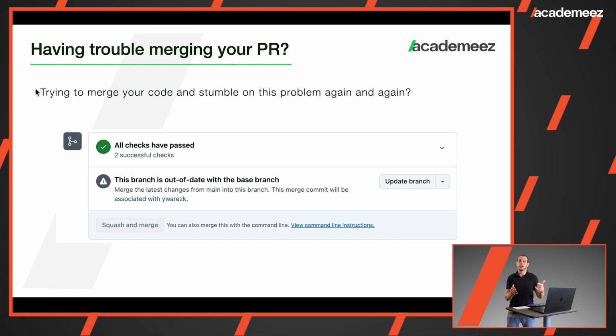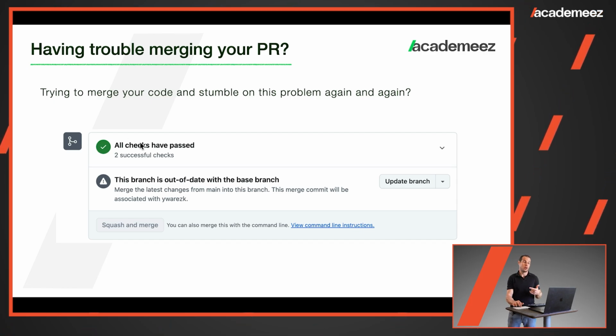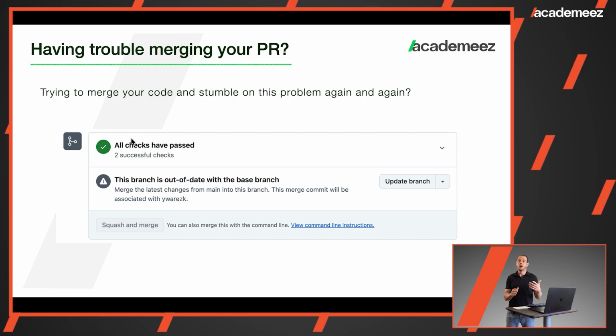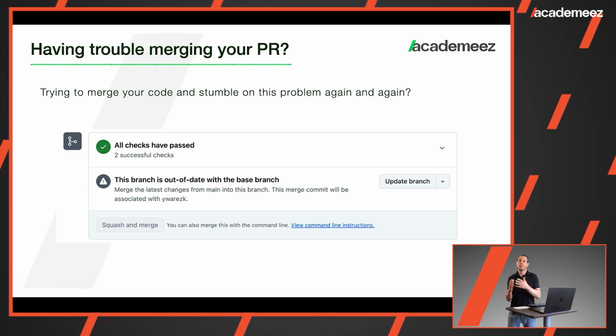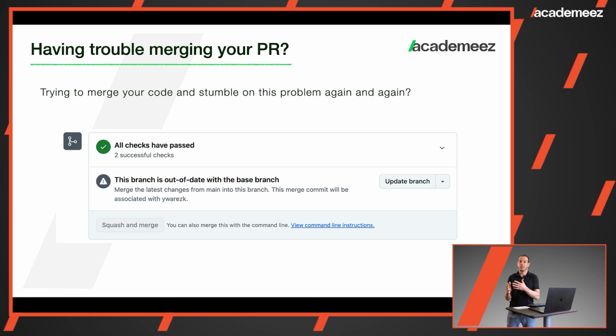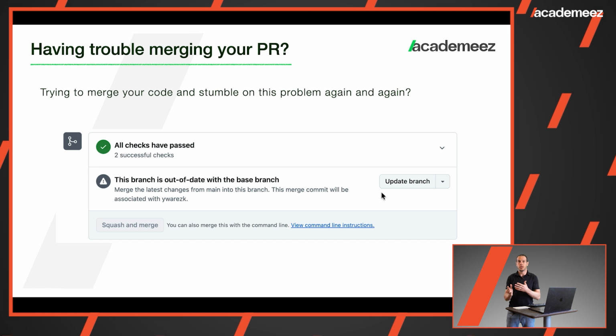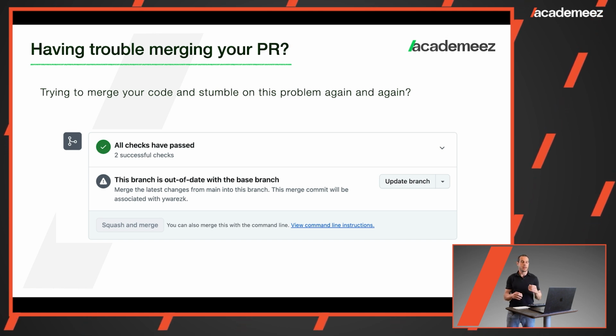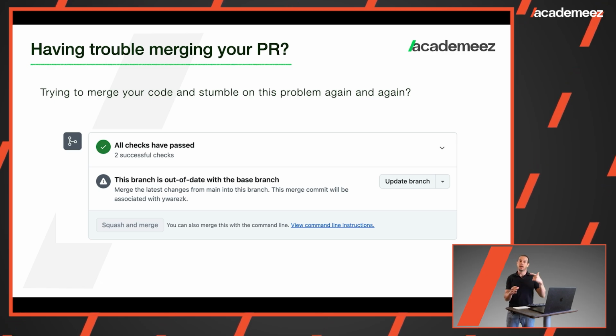This means that when you run your checks on the PR, the checks, although they passed, ran on an old main. And what the error means is you have to rebase, you have to update your pull request with the latest main by clicking update branch, hopefully choosing rebase and not merge, but that's a discussion for a different lesson. And then you rebase your branch with the latest main, and then the checks run again